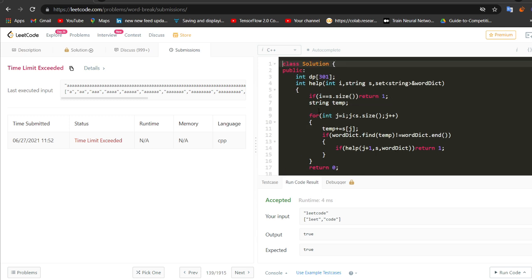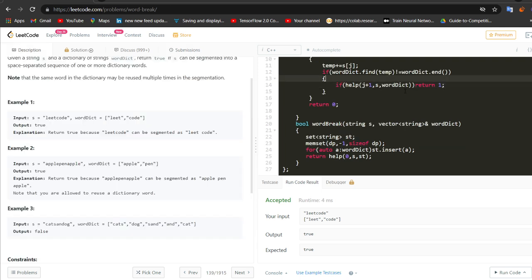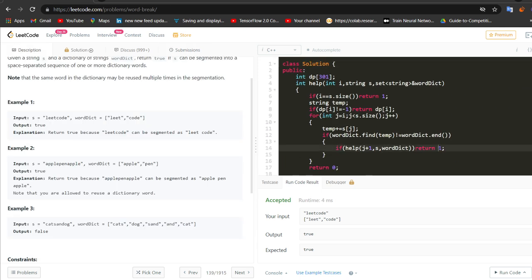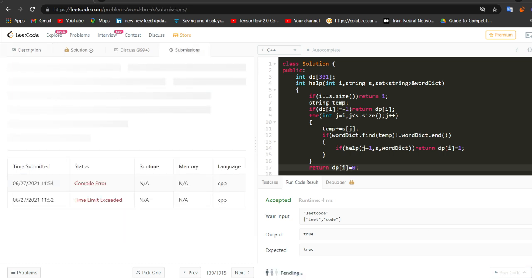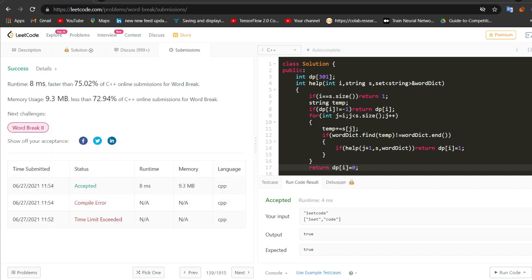From here, if this state is already calculated, that is DP of i is not equal to -1, then in this case return DP of i. Before returning we have to save this: DP of i is equal to 1, and DP of i is equal to 0. Let me submit this again, and now it is getting accepted.